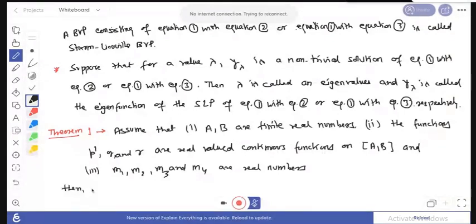that the Sturm-Liouville problem, that is equation 1. So this is assuming first that a, b are finite real numbers. Second, the functions p prime, q, and r are real valued continuous functions on the given domain a, b. Then this Sturm-Liouville problem, equation 1,